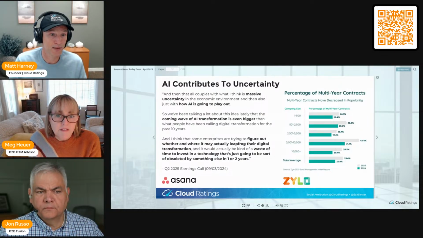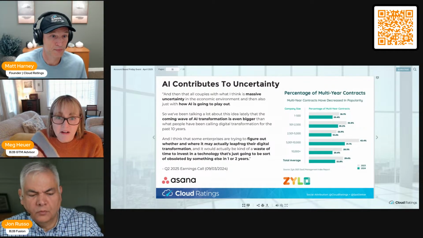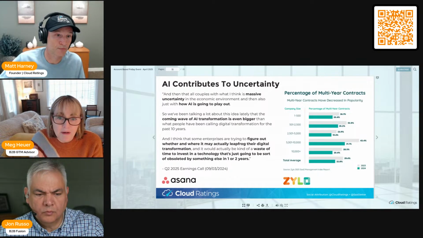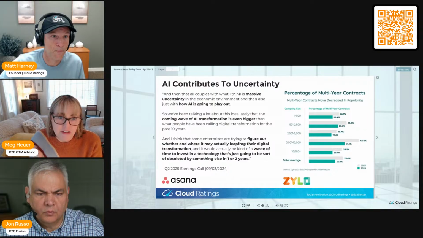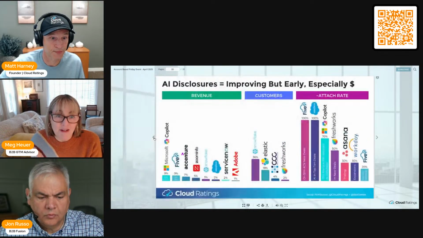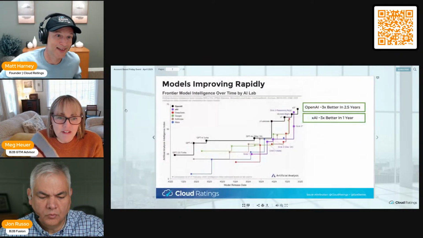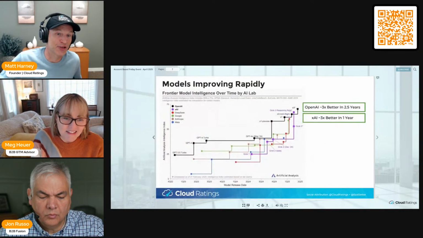Super interesting. Well, going back to your work around AI, tell us a little bit about the study that you've just recently shared, and people can get access to it, by the way, which is one of the nice things about your work, Matt, is people can see it and learn from it. Tell us about some of the things you're seeing. So I'll try and just go through the whole